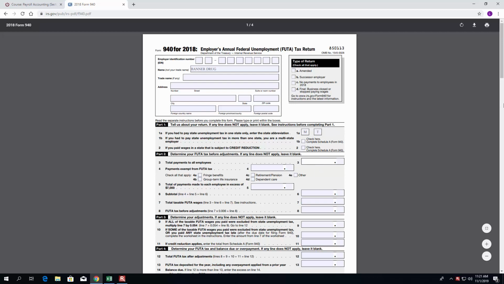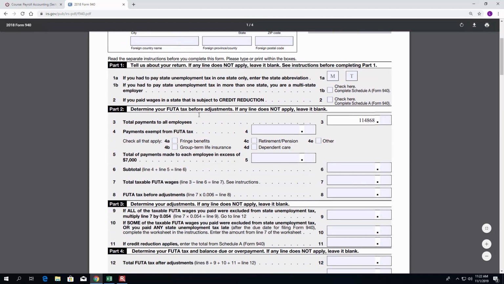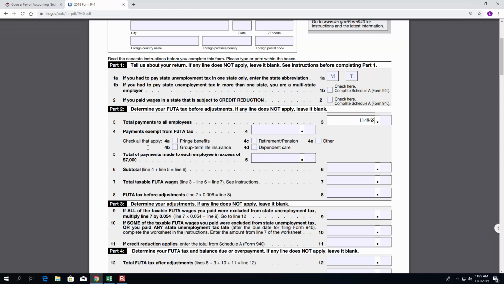Total payments to all employees, what do they want here? Gross wages all year. And we did the table where they made $28,717 a quarter. Obviously times 4 quarters. Okay. Then basically the next 2 lines are asking for what, if any, part of that